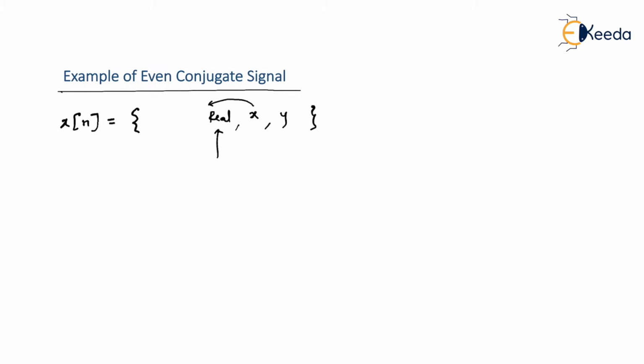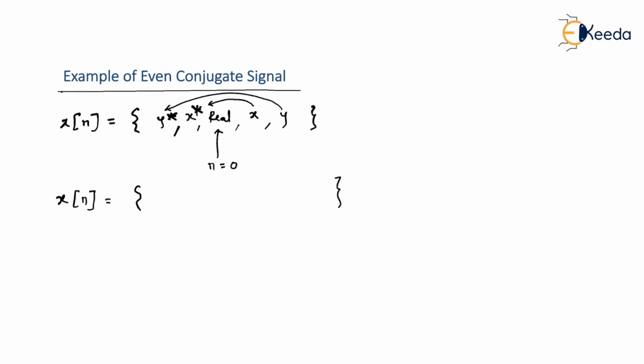if you remember what we used to do in an even signal, you know that if x of n has to be an even signal, then the same x has to be there and the same y has to be here. In that case, we used to call the given x of n signal an even signal. But here, with a minor difference, since it is an even conjugate signal, here it will be x conjugate and here it will be y conjugate. And you know what the arrow mark indicates, that is the n equal to 0 position. So let us take one example and I'll prove that what we have said is correct.